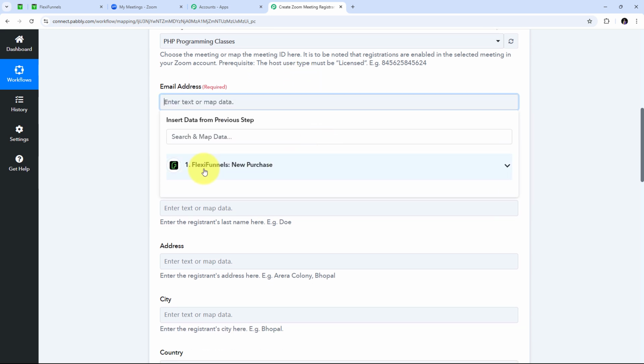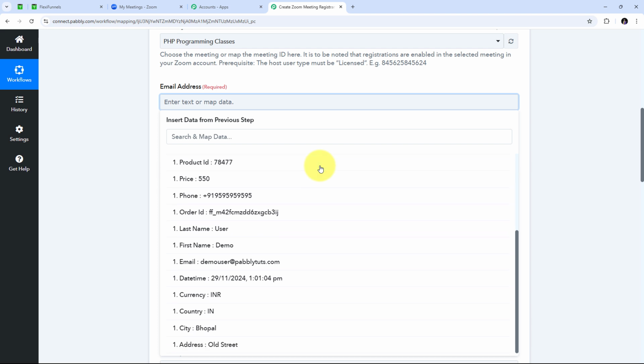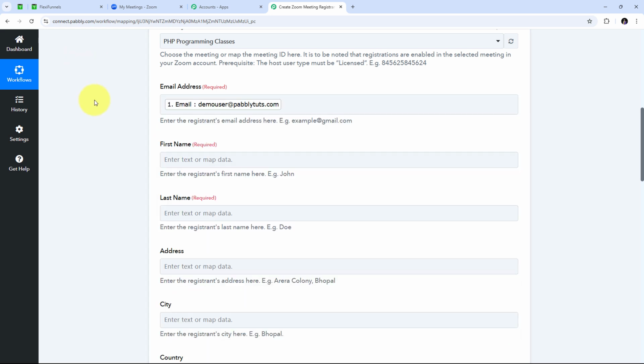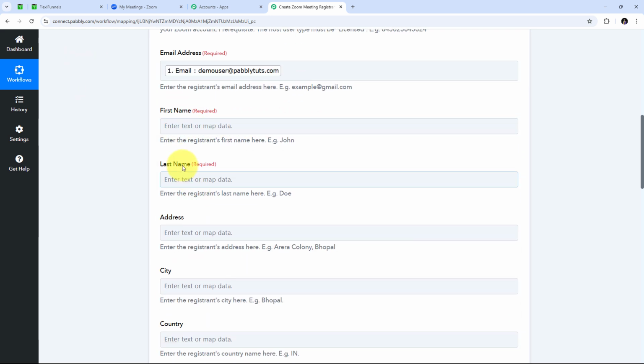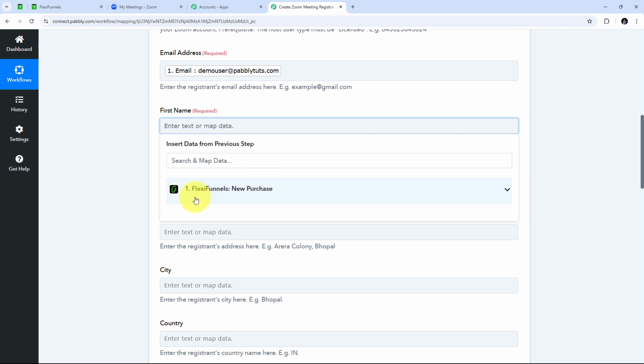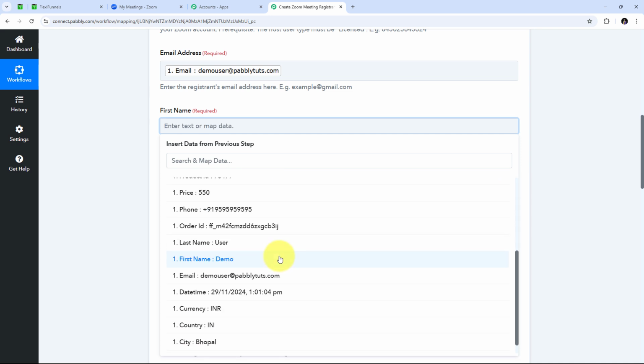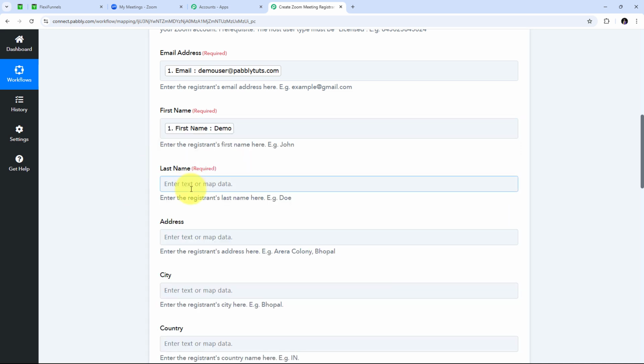I'm going to open this response of FlexiFunnels, and here first I need to map the email address of my registrant. So this is the email address, so I'm going to map this. Now similarly I have to give the first name and the last name, so I'm going to click here. I'm going to again open this response of FlexiFunnels, and here this is the first name, so I'm going to map this. Similarly I'm going to map the last name,